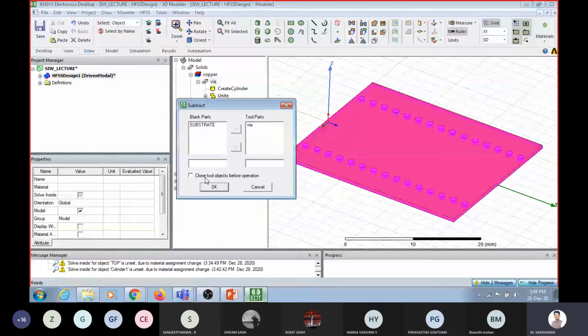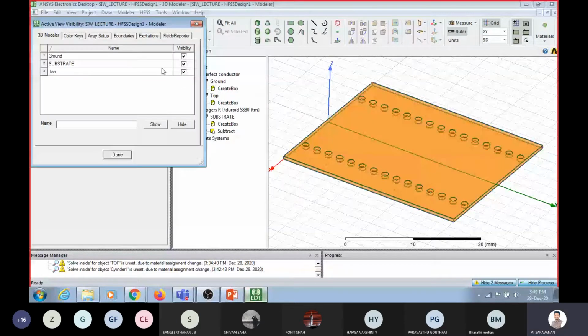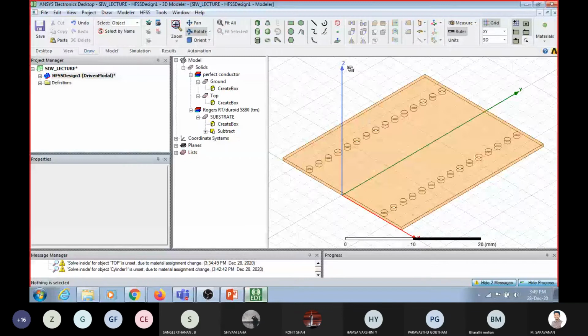Okay, I'm not selecting the clone option. Directly I will punch it. Click OK. So what will happen? Wait a minute, I can show it. Remove the ground and top. I can show only the substrate for your view. So you can see that there is a hole created, but the hole is not replaced with metal vias.